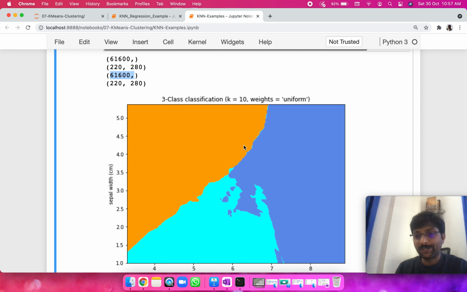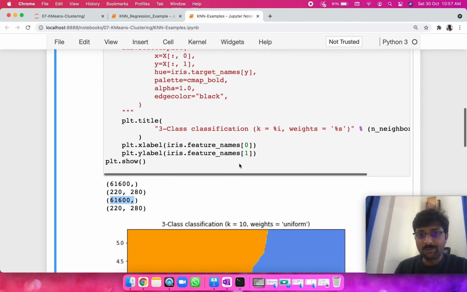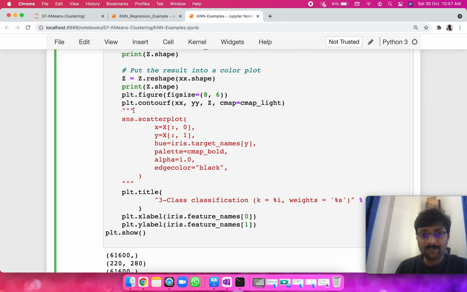But where are the actuals, right? For the actuals, we only have 150 samples. Those 150 samples also will be superimposed here. So we'll plot those 150 samples on the same graph, and we will see how they look together, and whether the respective samples in actuals are falling in the right prediction buckets as well. Whatever is predicted, are the actuals also around those regions or not, is what we're going to see. That is what I have commented.